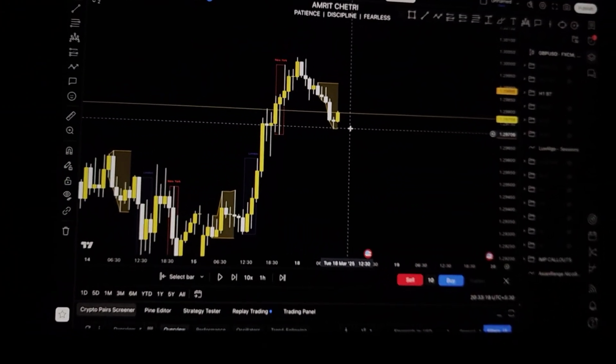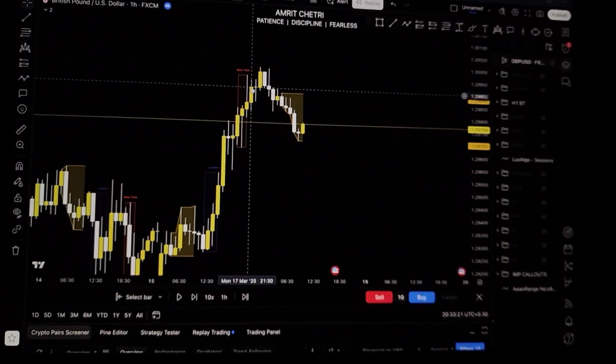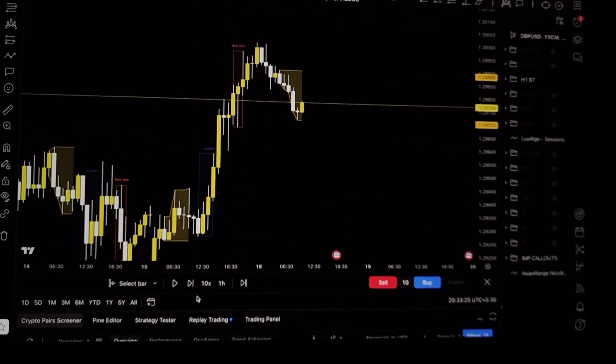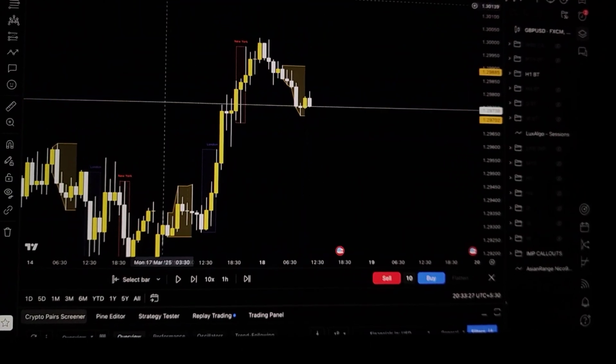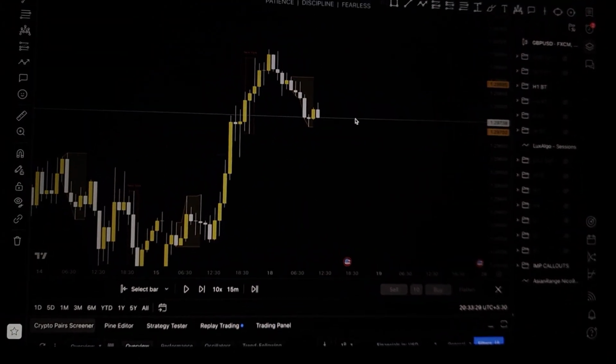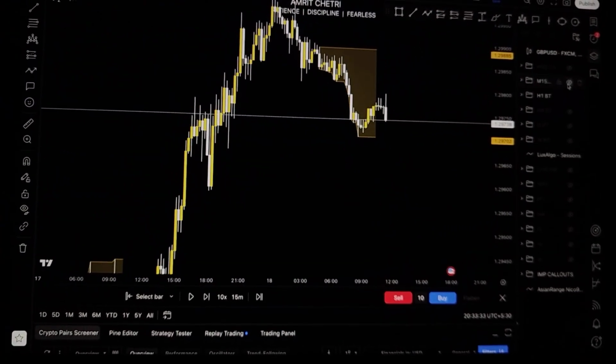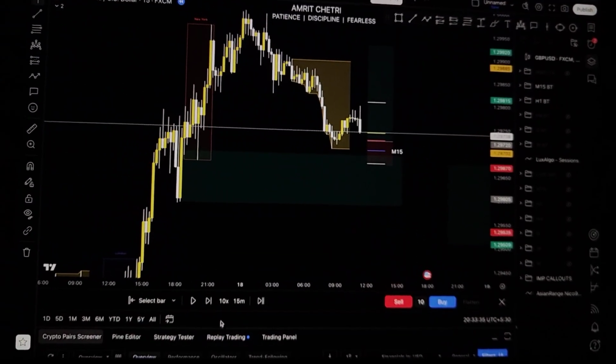I only trade my time window, which is these marked zones right here, and anything that is not in the time window I don't trade. So simple as that, right? I made my trading as simple as that, only trading at my time windows and not even watching the markets whenever it is not in my time window.